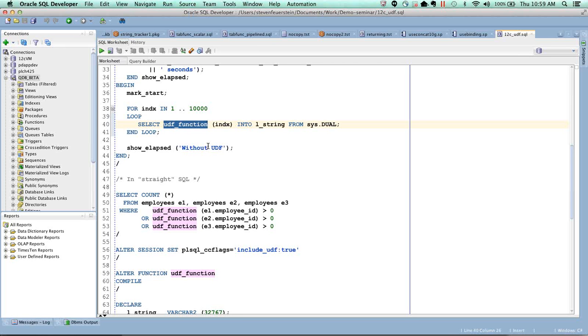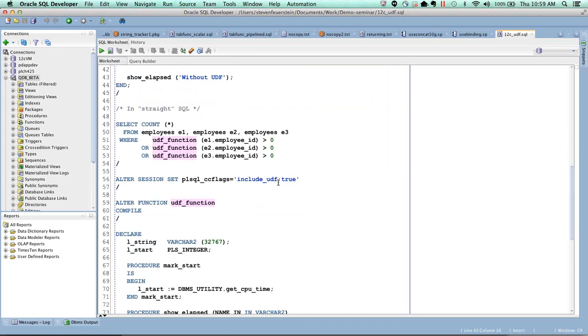But we still want to be able to do this. So there are a number of aspects around user-defined functions. One is that they probably shouldn't have any SQL inside of them. If you want to call them inside SQL, they should be clean, deterministic functions without any side effects. But in addition, we want to look for ways to improve the performance. And the best way to do that, and available in 12c, is that,